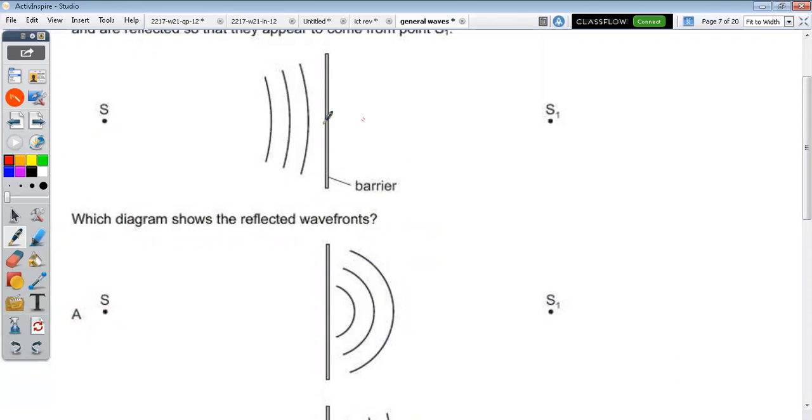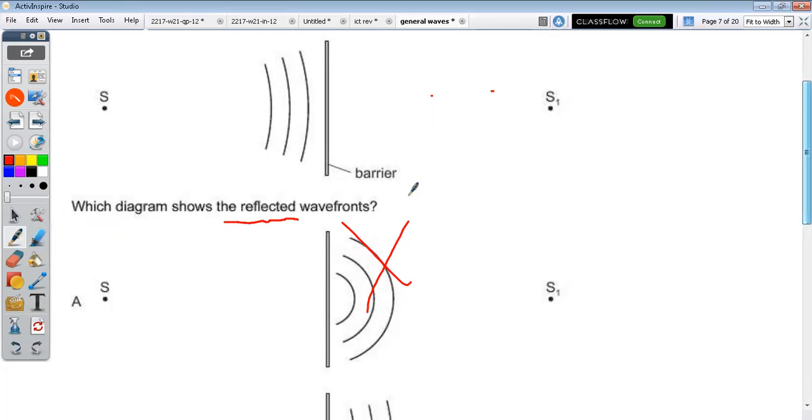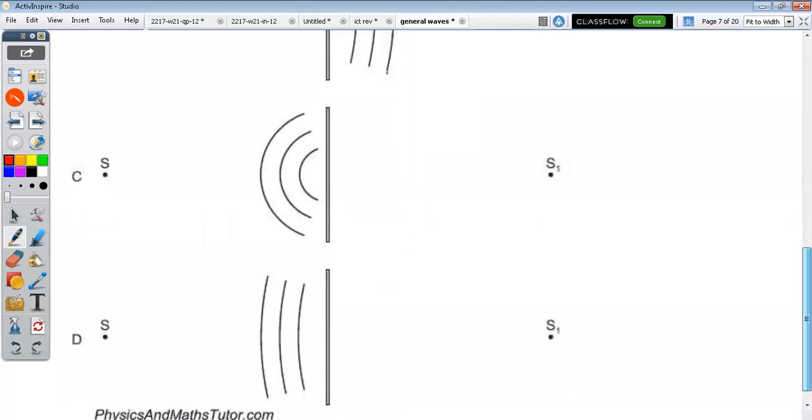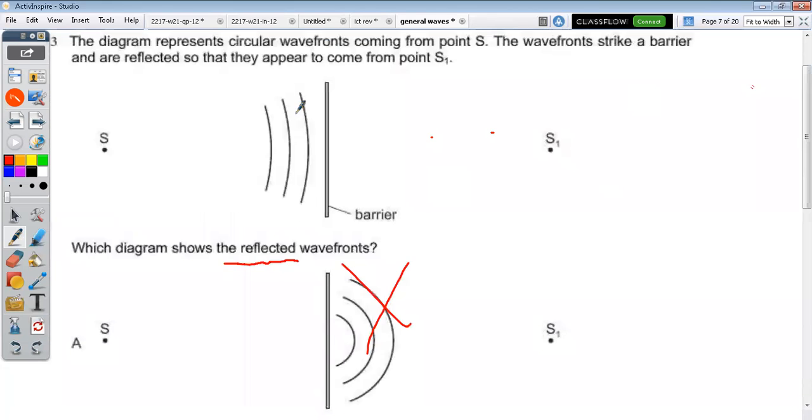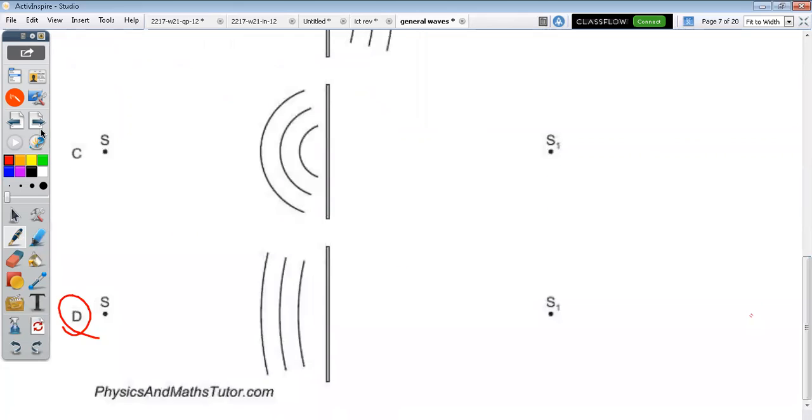If I'm talking of reflection, can the waves pass through this, or do they bounce back? Reflection is the bouncing back. It can never go this side because we're talking of reflection. It's the bouncing back. So this is out here. We can't see anything from this side. It bounces back the other side. So this is out here. So which answer is correct between C and D? It's D. Think about it when it's being reflected. Now it goes in the other circular direction. It's bouncing back of light.